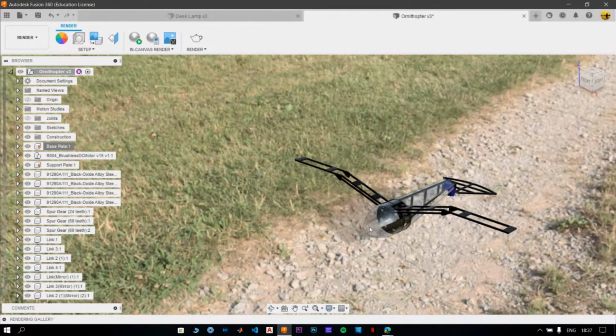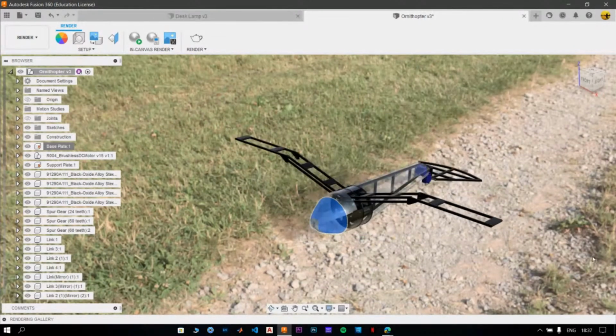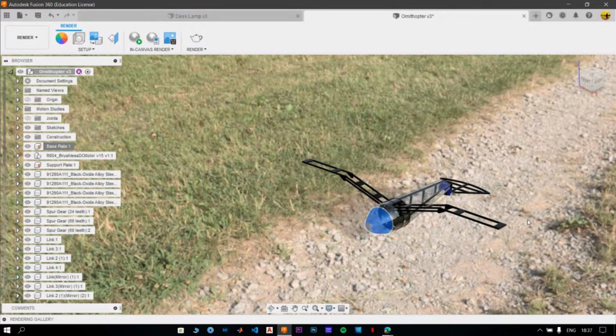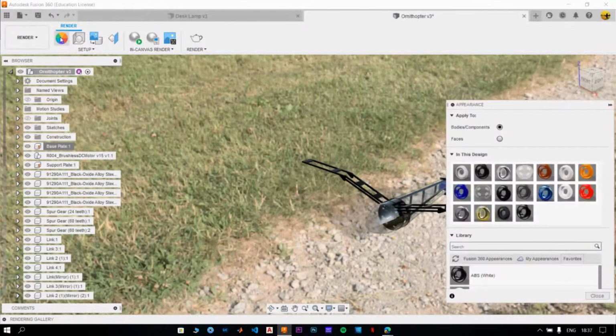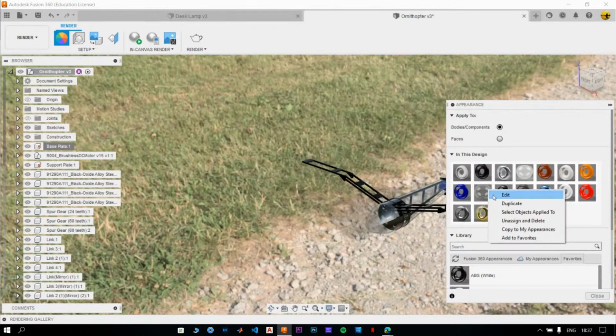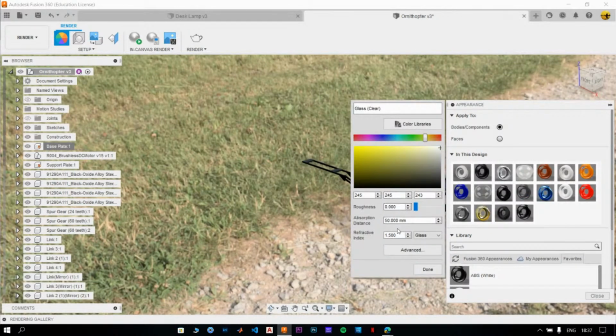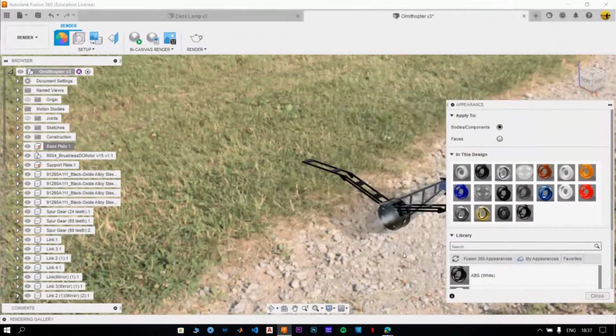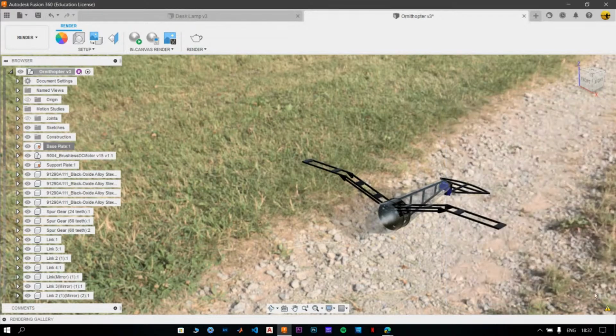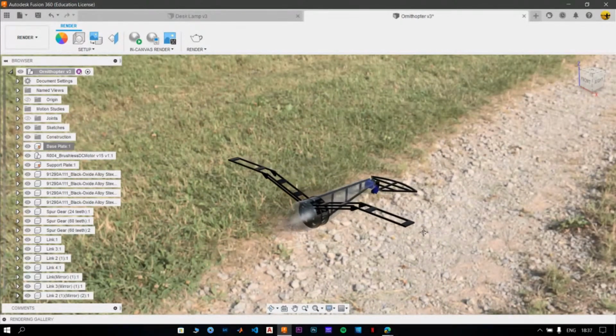Again, now the glass body, if you don't want the glass body because you're not able to visualize it properly, you can change it to some other color, or a little bit opaque. You can increase the opacity. So you can again go to appearance, and we have the acrylic glass clear over here. We can edit it, and we can increase the refractive index, or we can increase the roughness of it to make it a little bit opaque or translucent, I can say. And if you click on done, as you can see, it is looking a bit opaque now compared to before, of course. And now if you click on close,